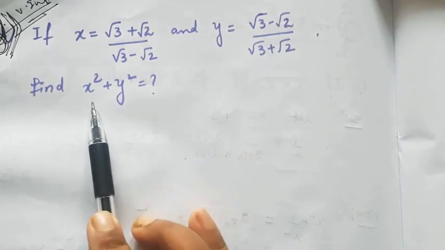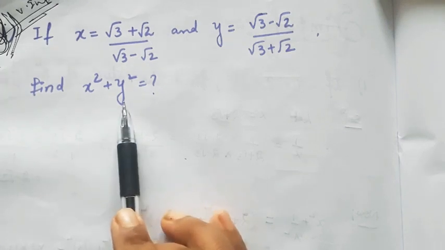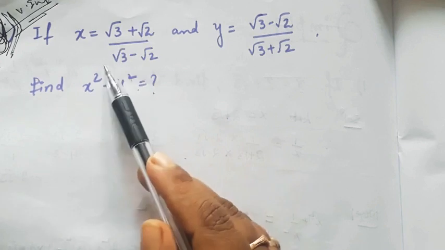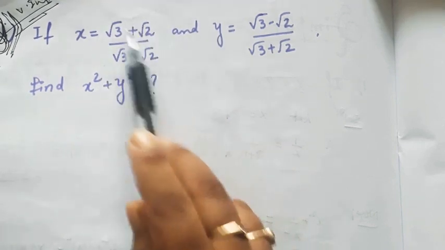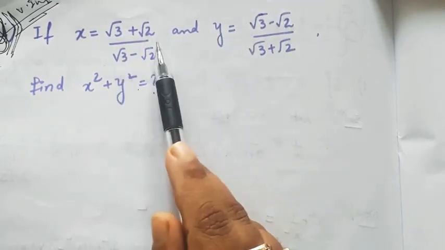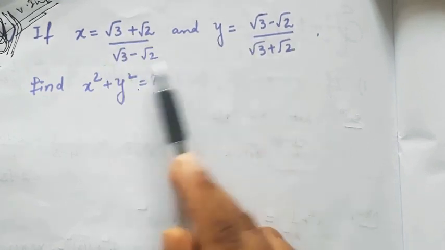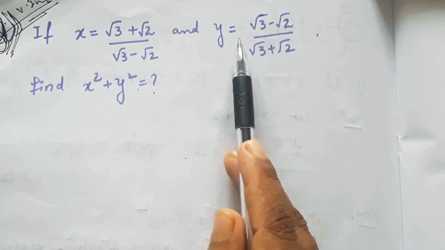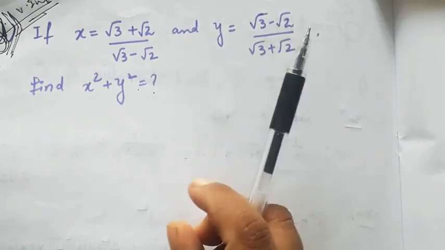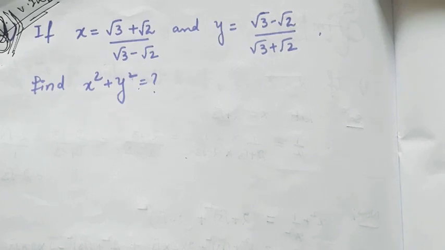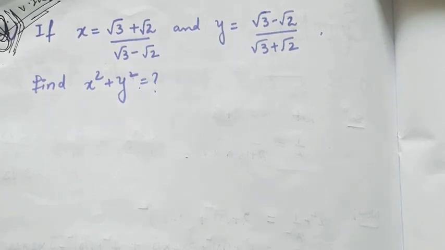See, the thing is very clear. Maybe it is in your mind, what is this? It's very easy, because we can square this thing and this thing. Means first of all we need to rationalize it, and after that we can easily square it and then add. Okay, it is quite easy to say, but it's a little bit difficult to solve. So let's see the solution here.